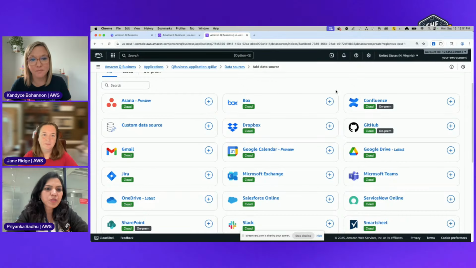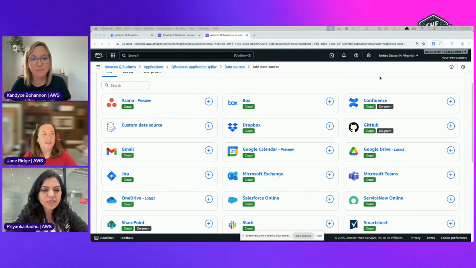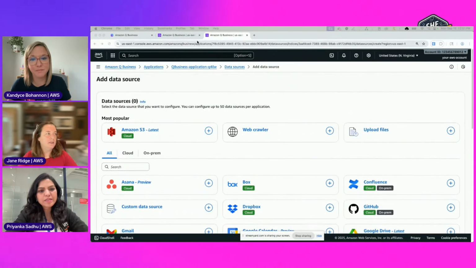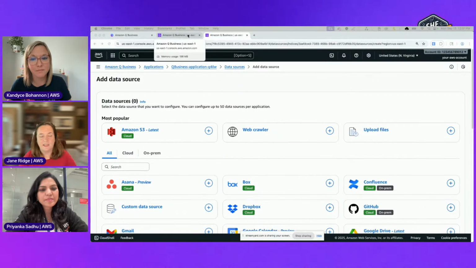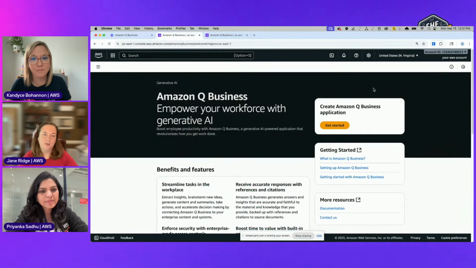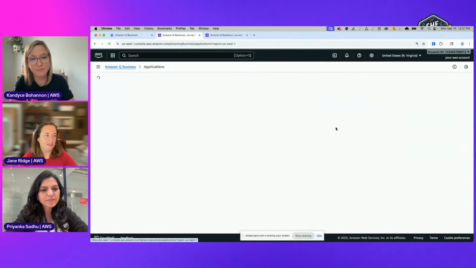Got it. I was trying to ask around the number of documents or the size. Have you seen any limitations around those? Oh, yeah, that's a great question. This drives into, let me show you how to set this up. I said it takes a few minutes. Let me show you a little bit about setting up a new application.